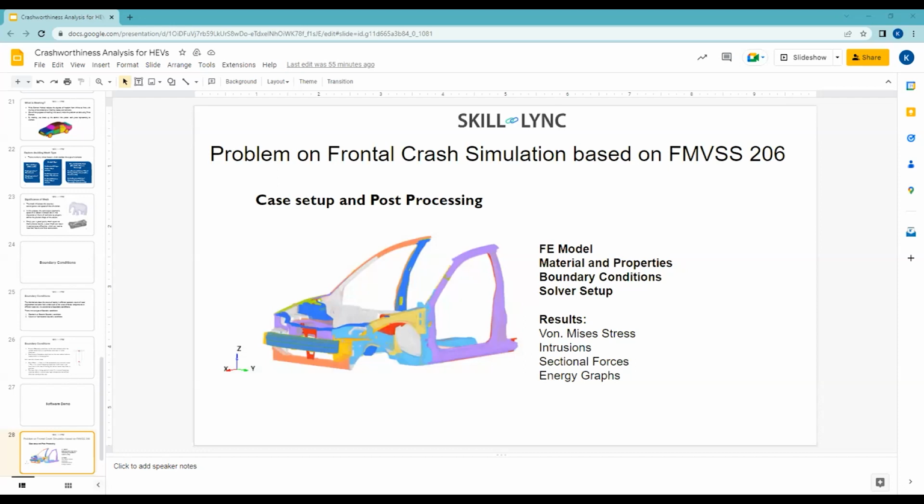Then and only then will I be able to understand what forces are generated, what deformations are generated, and how much deformation actually happens in the passenger compartment, so that anyone driving or operating this vehicle, or inside this vehicle, would be safer in case of any crash. And then I can check with respect to FMVSS, the Federal Motor Vehicle Safety Standards.